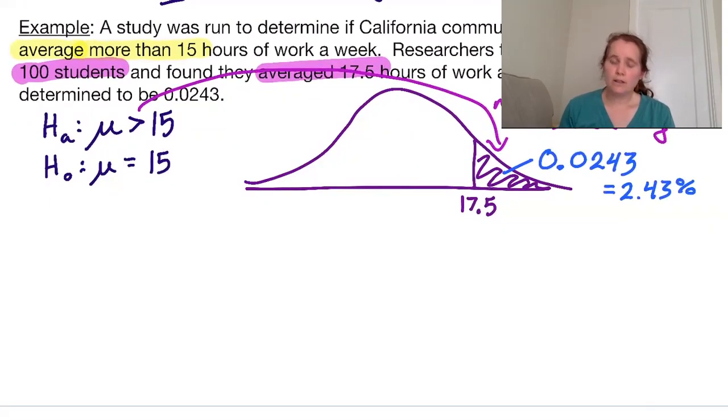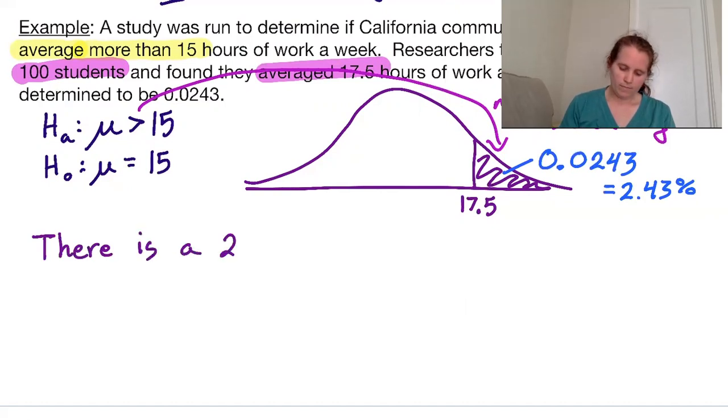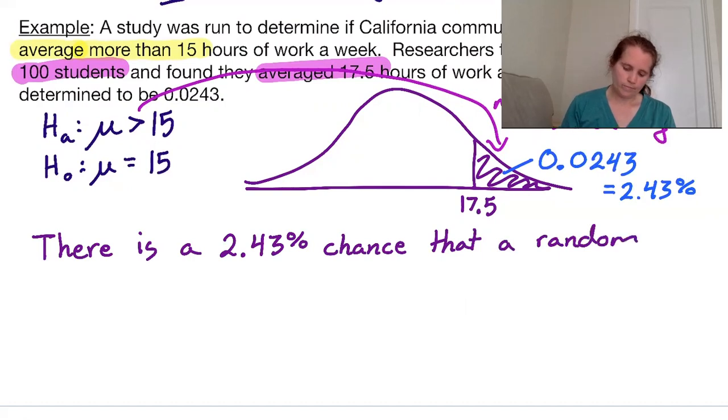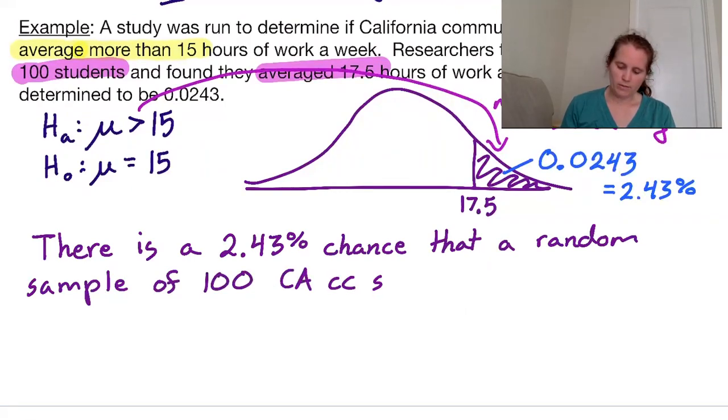So essentially, there is a 2.43% chance that a random sample of 100 California community college students